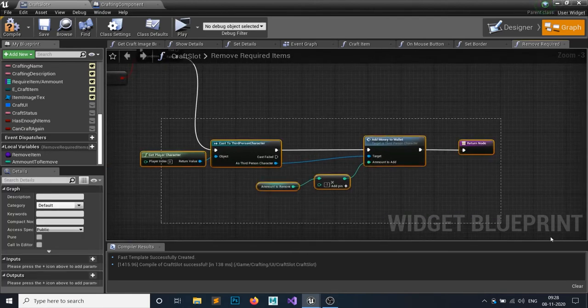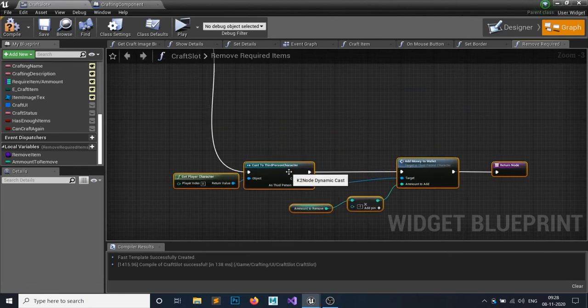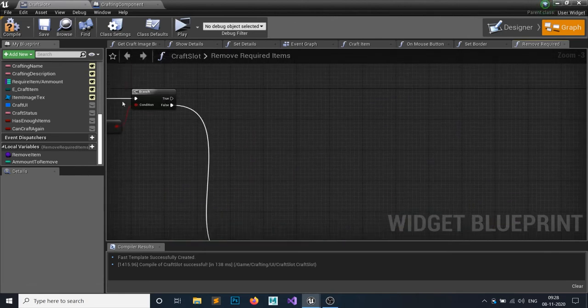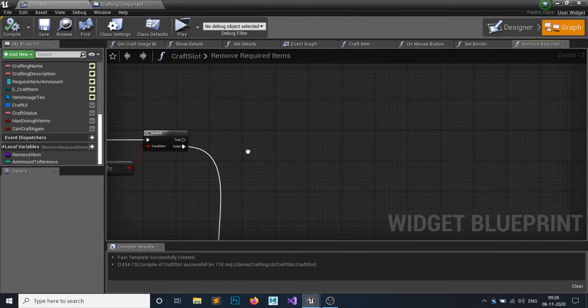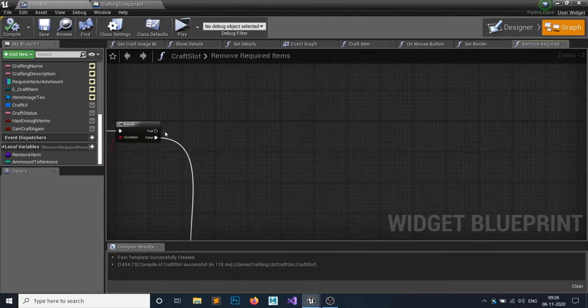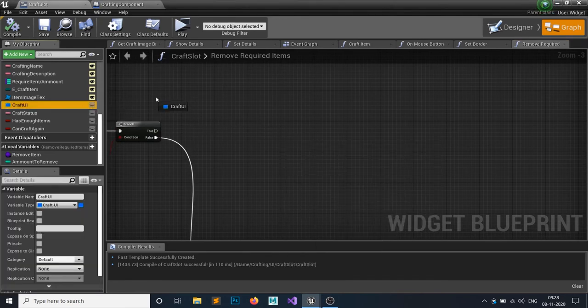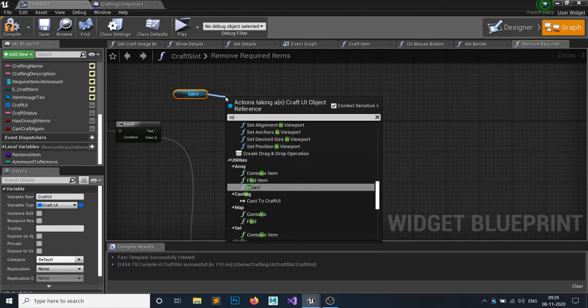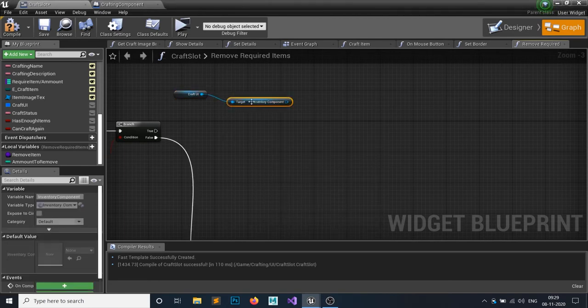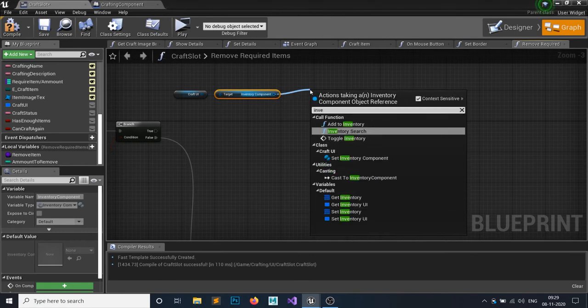Let's make room here. Now for the true part, if it's true, then I want to remove this guy from my inventory. So on my crafting UI, I have that inventory component, and in that inventory component I have that inventory array.